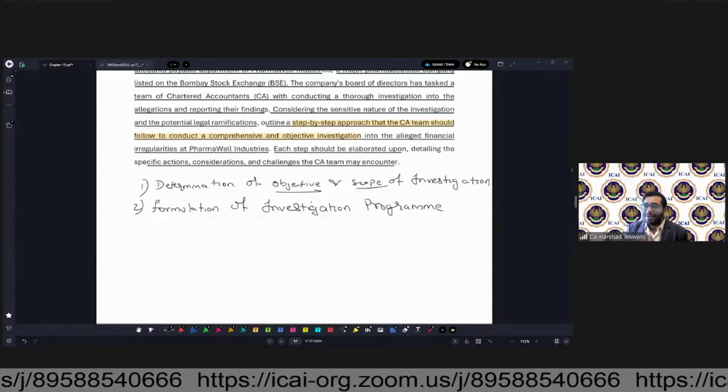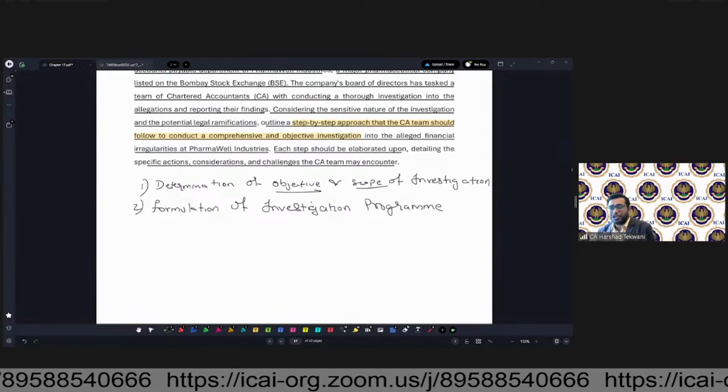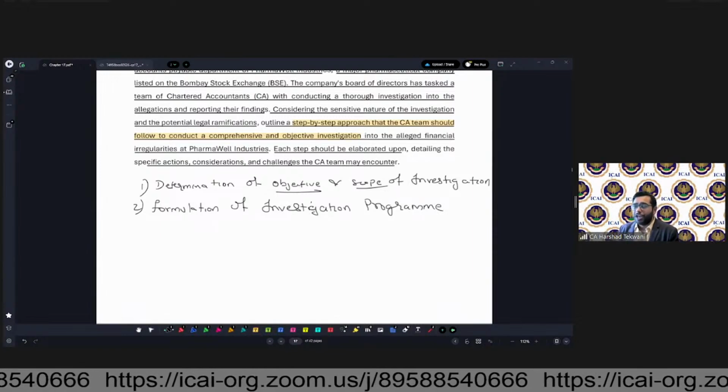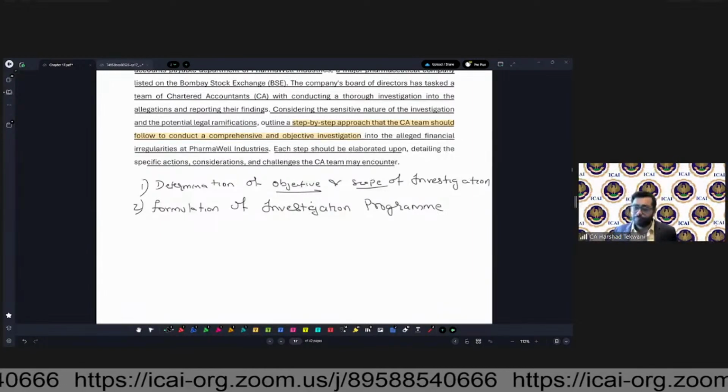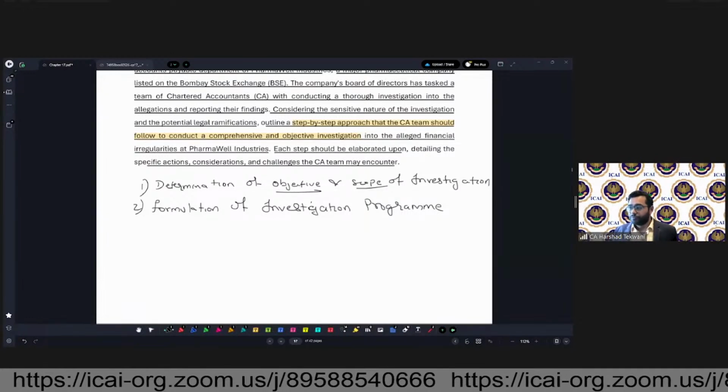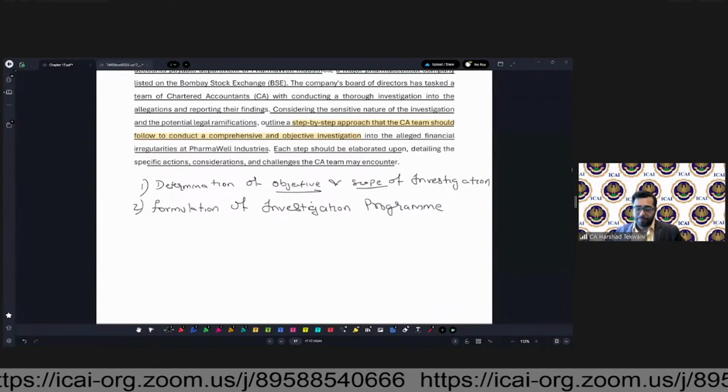So establishing a secure, confidential communication channel for the team members to share information and updates is very crucial. So that is the formulation of the investigation program. The third step,